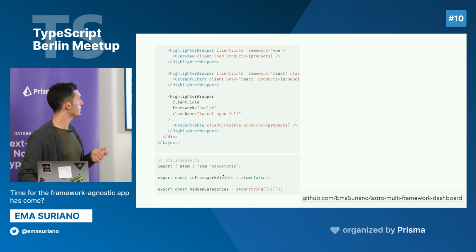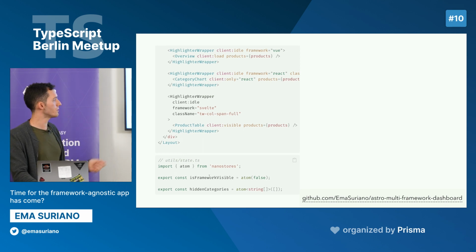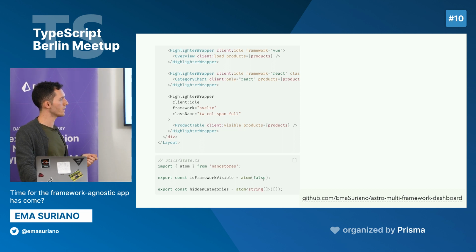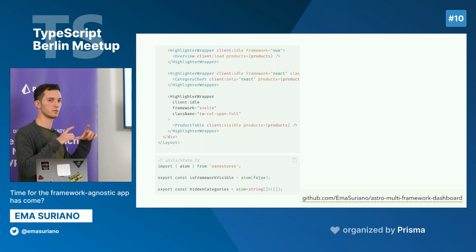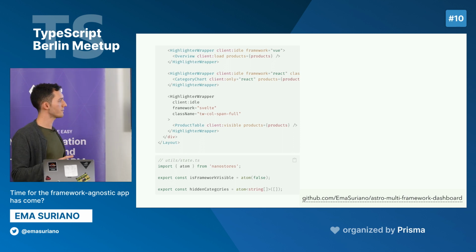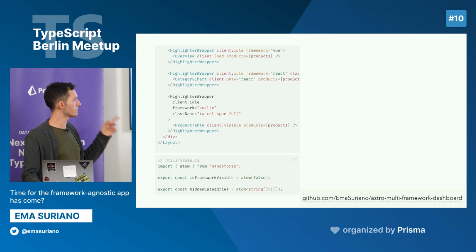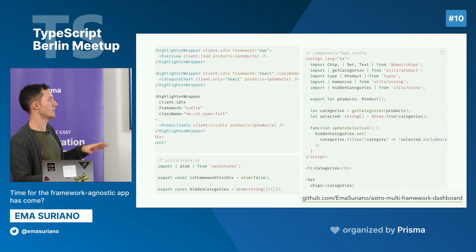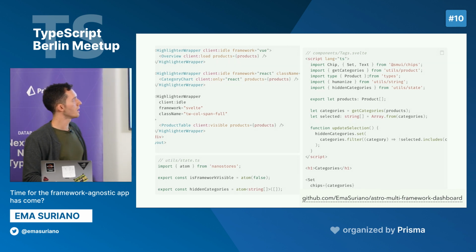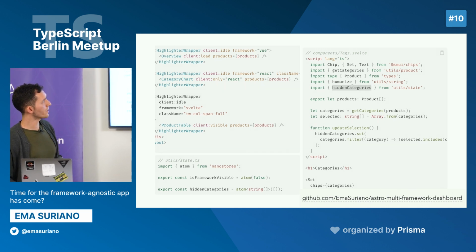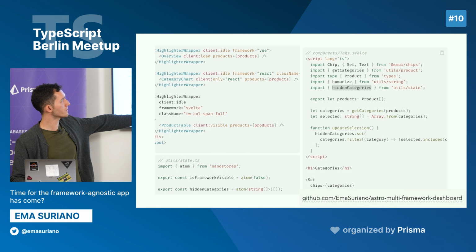And then here we have the stores that I use. It's very simple state. We have the Boolean to show or not this wrapper for the framework highlighter. And then the categories, for when we are clicking the different tabs and it's changing the graphs. So I use an array of strings. Here, I'm not going to put all the code of the components, but this is the one for the tags. It shows that here we are reading this state from the categories.